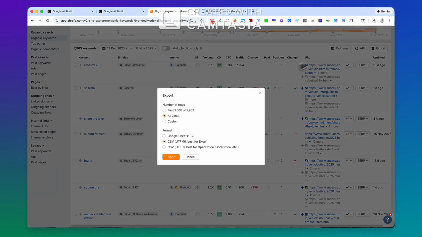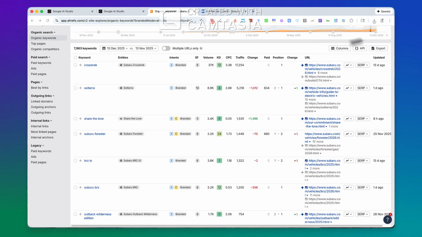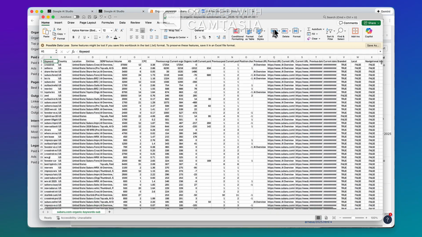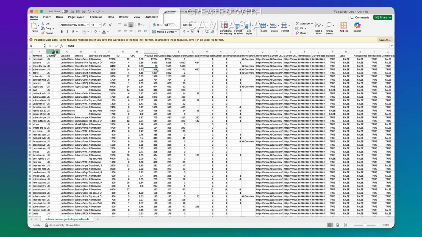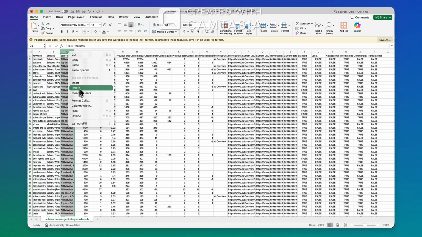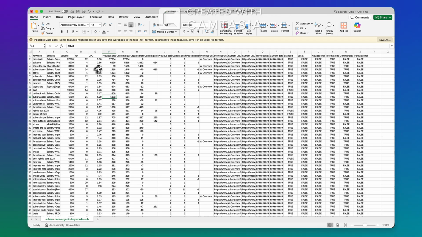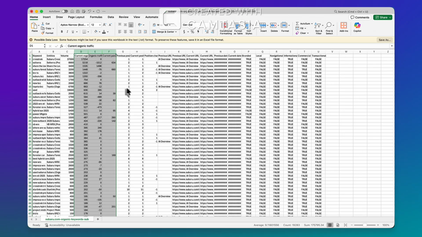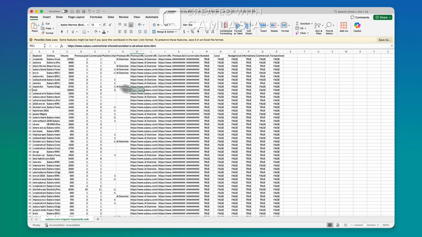We're going to export. We'll export to CSV, but you'll see in the visualization, we're probably going to move this to Excel to be able to drop it in. We'll open this up. All right, now we need to do a little bit of cleanup here. We don't need a lot of these fields, so we're only going to keep keyword and entities. The SERP feature itself, we don't need because we filtered already to AI overviews, so we know they're all AI overviews. We don't need a lot of these previous and traditional SEO metrics and paid search metrics. I don't need traffic, don't need current paid search. So we're just going to cut a lot of this,